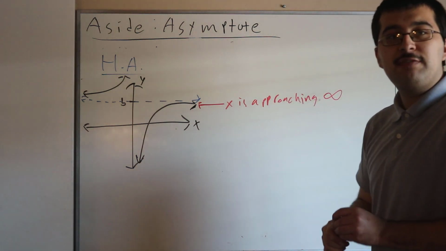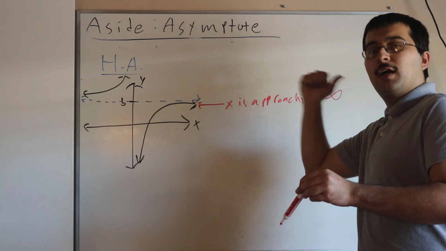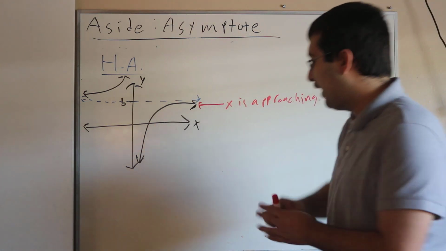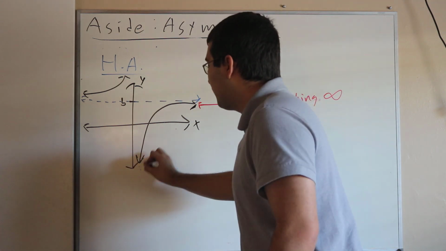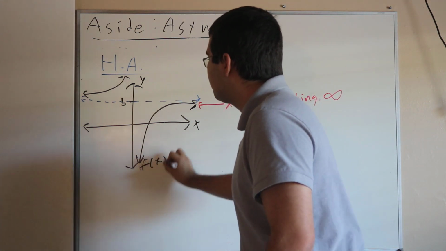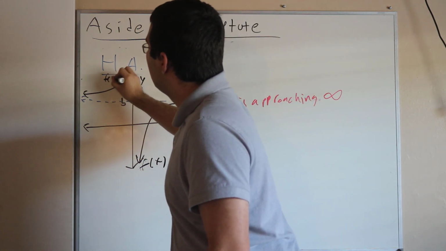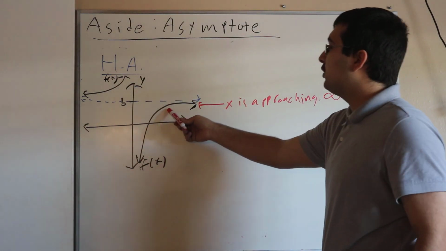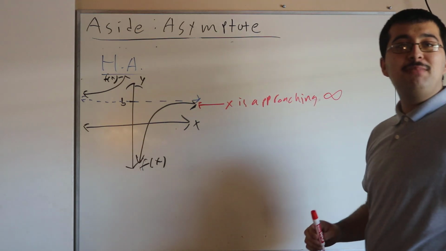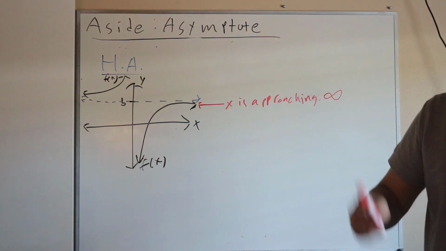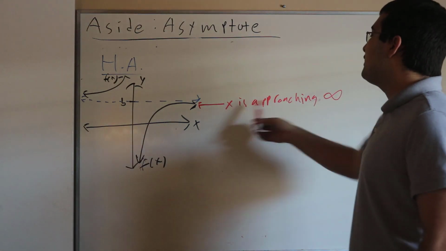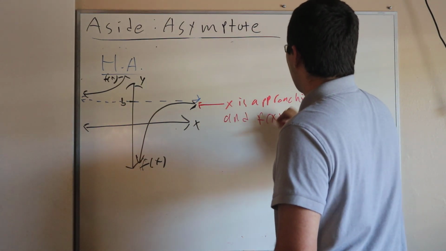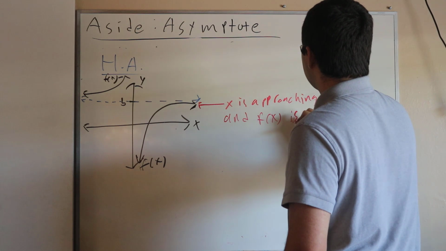X is approaching infinity, right? If you keep on marching this way, x is going to run towards that infinity value, and what we can see is that the function value f of x, so this is our f of x, is getting closer and closer to that b value, but it's never going to touch it and it's never going to cross it. So x is approaching infinity, and f of x is approaching